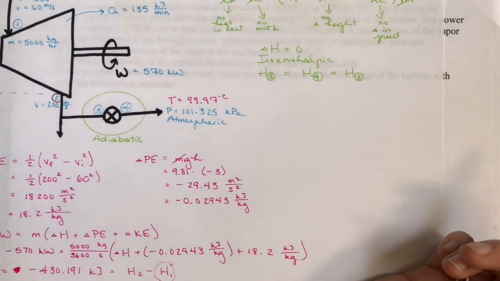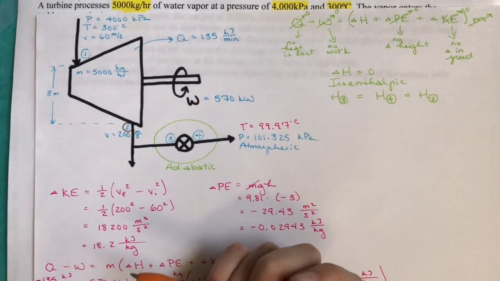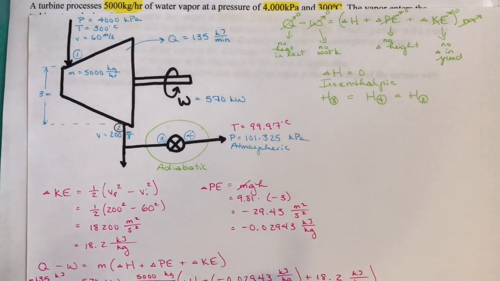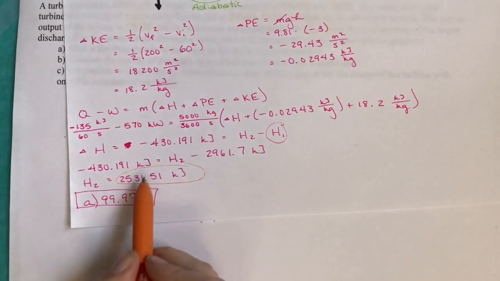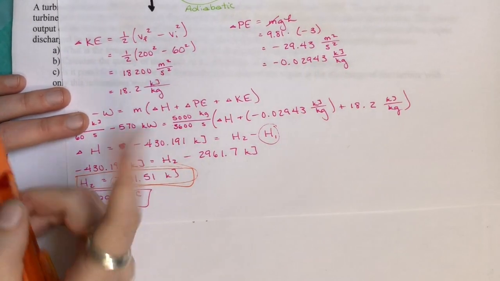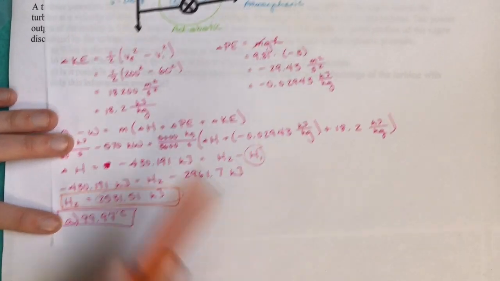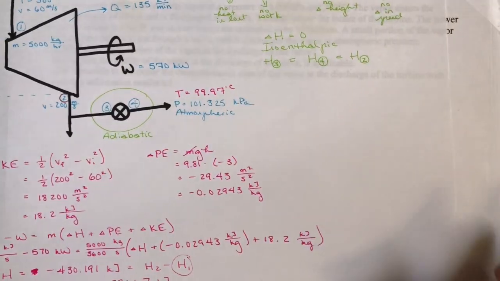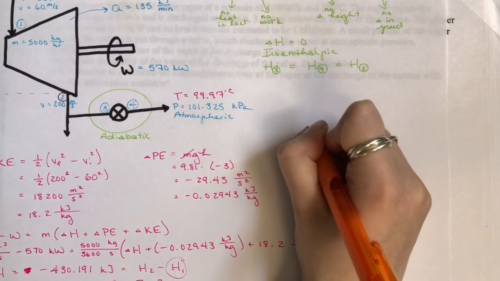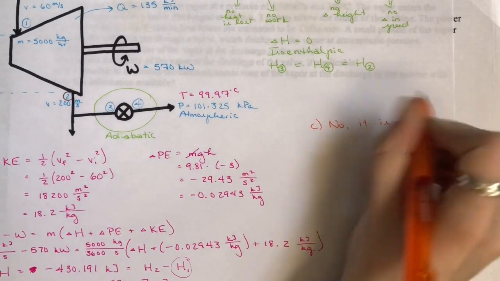One of the main rules for finding a thermodynamic state is that you have to have 2 thermodynamic variables. In this case, we only have one thermodynamic variable that we calculated, which is the enthalpy here at position 2. Because we only have one thermodynamic variable that we have solved for, we cannot determine the thermodynamic state, because we need 2 to be able to determine that. So for part C, we're going to say no, it is not possible to determine